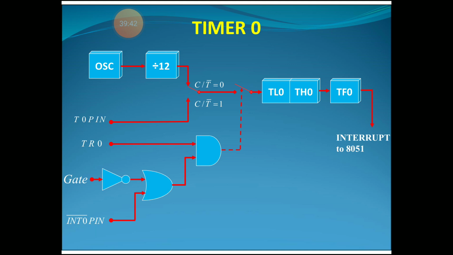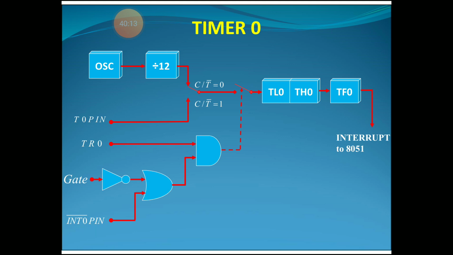This gate is operated by using 3 signals: TR0, GATE, and the INT bar pin. TR0 belongs to the timer 0 run operation; this bit must always be 1 to perform the timer 0 run operation, and the GATE signal is always 1. This GATE bit is 1 in the TMOD register, and the INT bar signal becomes logic 1. So based upon these 3 bit combinations, the AND gate output is logic 1 when it closes the gate.